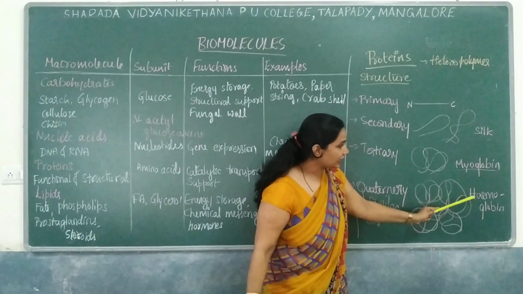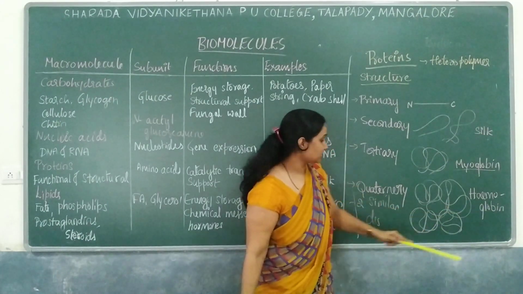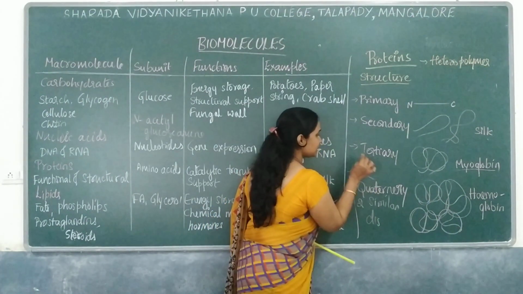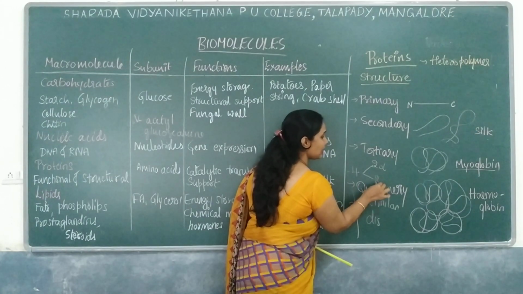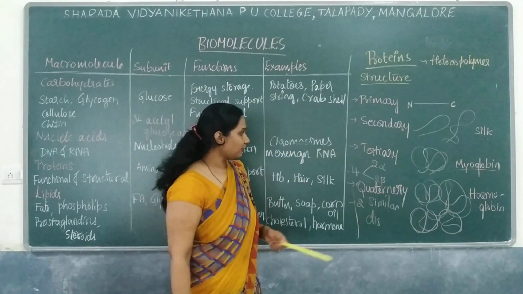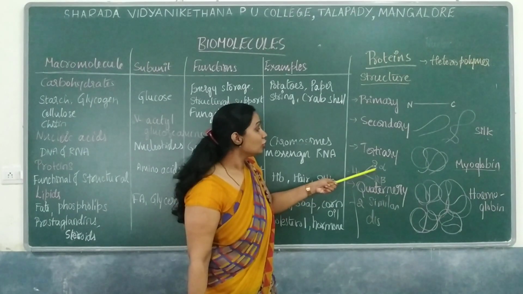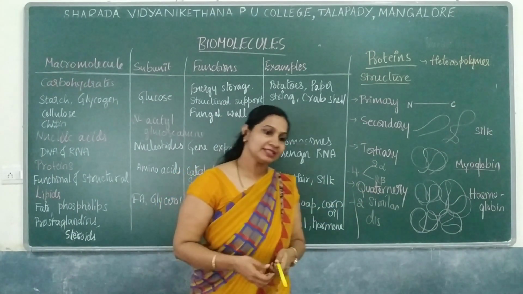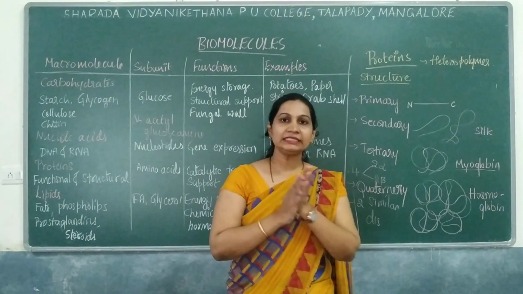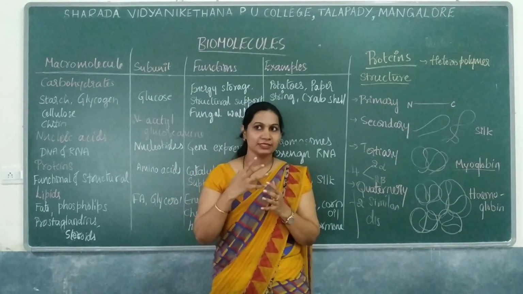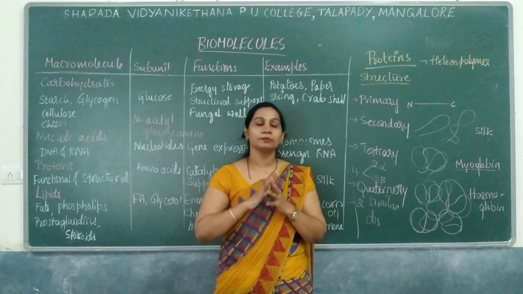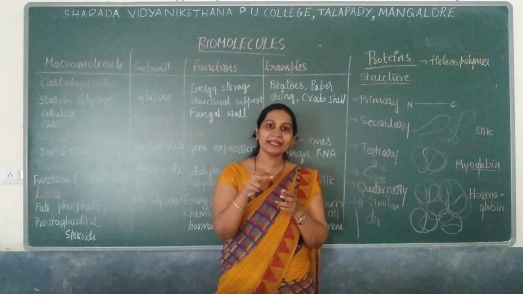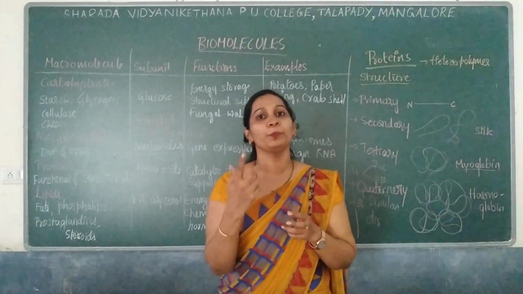For example, hemoglobin is mainly consisting of 4 polypeptide chains. The 4 polypeptide chains are 2 alpha chains as well as 2 beta chains. So there is a difference here in the adult as well as in the young ones. So in the young ones, in the child, these polypeptide chains are 2 alpha as well as 2 delta, whereas in the case of adult it is 2 alpha as well as 2 beta chains.